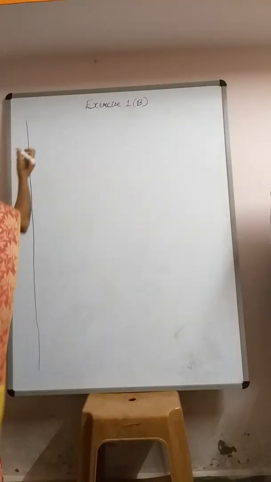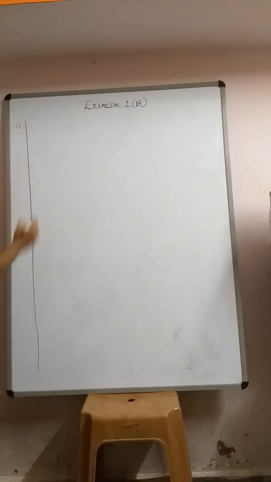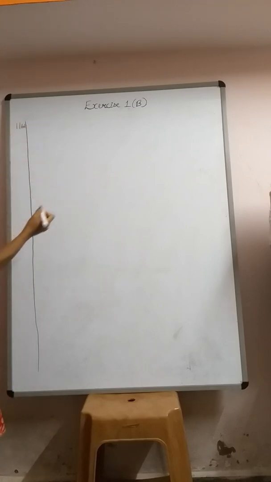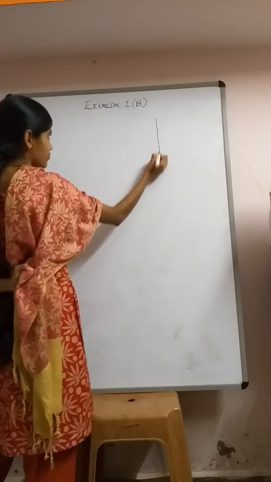Dear students, let's proceed for question number 11. A student multiplied 8035 by 87 instead of multiplying by 78. By how much was his answer greater than or less than the correct answer? So, let us write a solution for this and let us do a solution box.